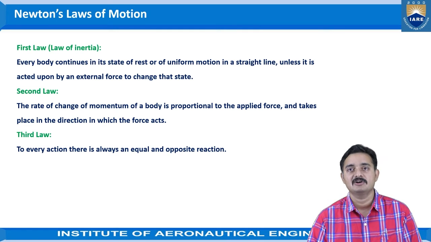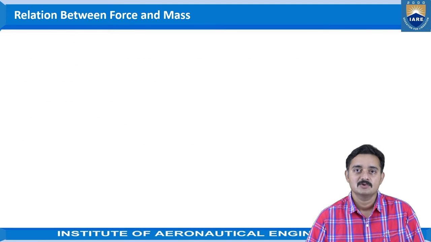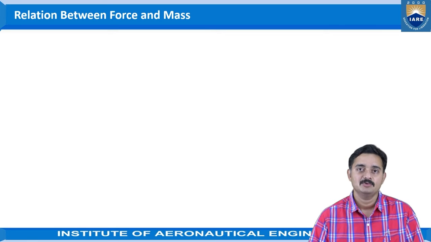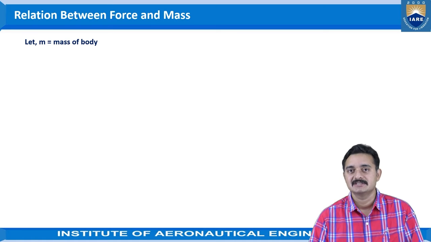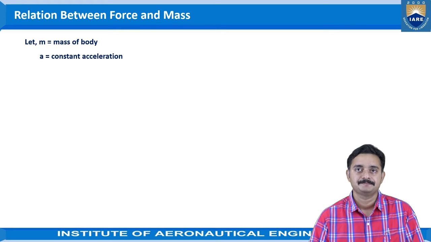These are the three laws proposed by Newton, and these three basic laws form the basis for our engineering mechanics. Now let us go to the relation between force and mass. We will be confining ourselves to the derivation of the force term here, where F is equal to ma is the equation that we are going to deduce. Let us start the derivation with m equal to the mass of the body. Any body that we consider, we are treating a body of mass m,